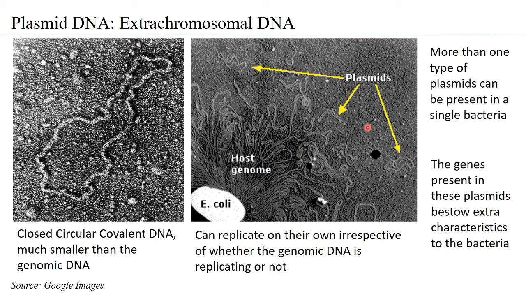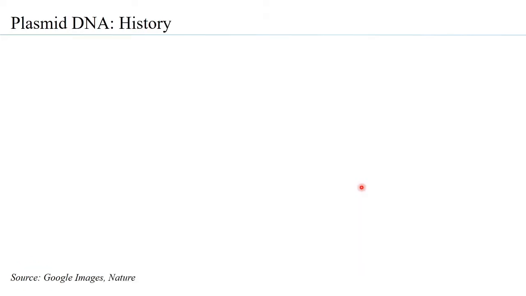And again, what is interesting and important to note is that a bacteria does not need the plasmid DNA for its growth and survival. However, the presence of the plasmid DNA in a bacteria bestows the bacteria with added characteristics, more than what it already has. And that is why in several instances, the presence of this plasmid DNA gives a competitive edge to that bacteria which has the plasmid DNA over a bacteria that does not have the plasmid DNA.